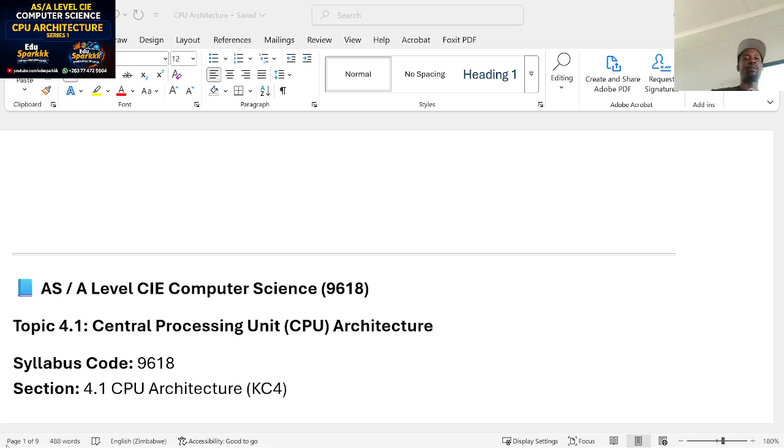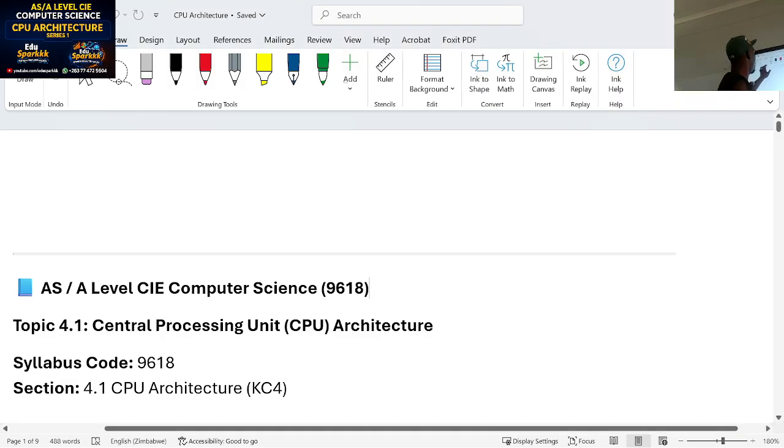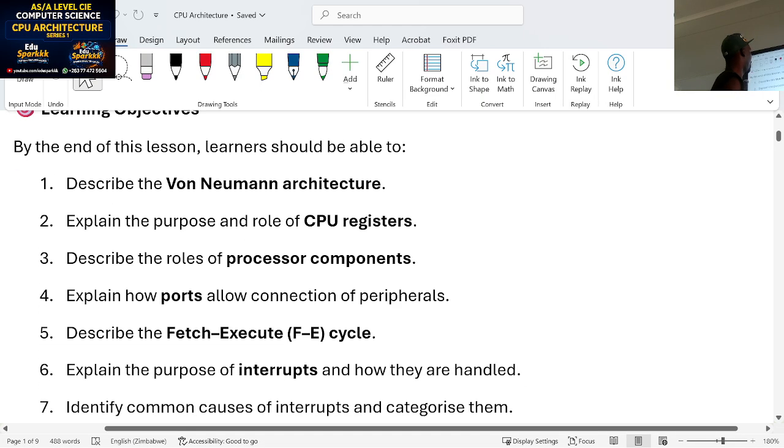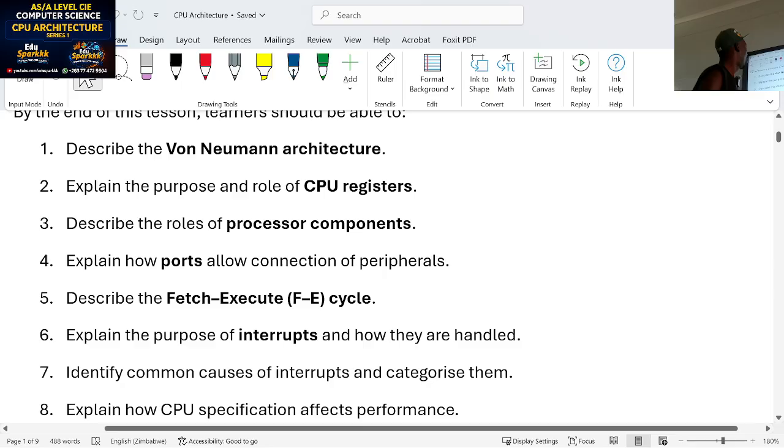Okay, afternoon, folks. This time around, we are targeting the A-level computer science code 9618, and of interest is the central processing unit architecture. So there are a bit of concepts that we want to discuss together here, such that by the end of this discussion, one should be able to describe the von Neumann architecture, also explain the purpose